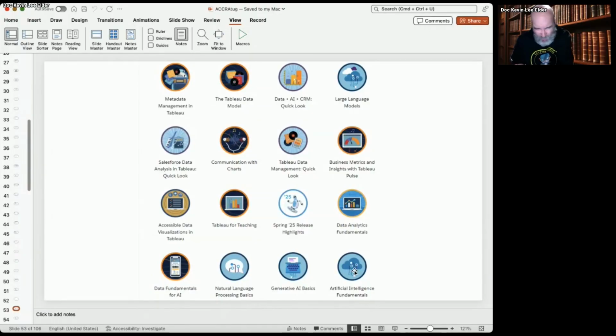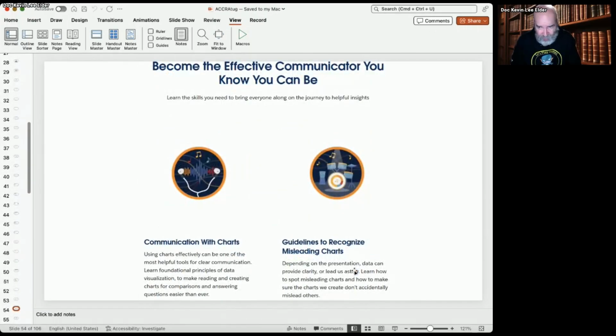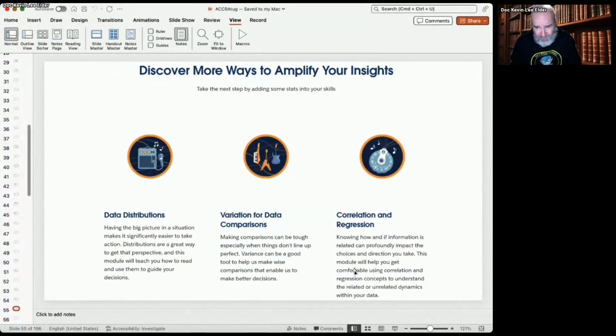But you still got to know the basics of data modeling and how to work with it in order to get good at analytics. And so my advanced classes, I've been having them work on how to be an effective communicator and how to communicate with charts and how to recognize when people have misleading or bad charts.